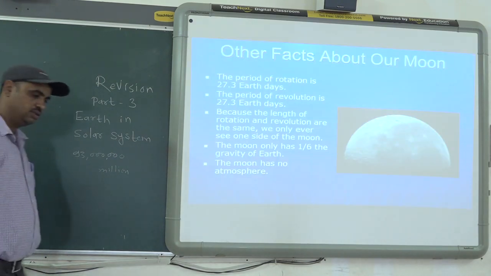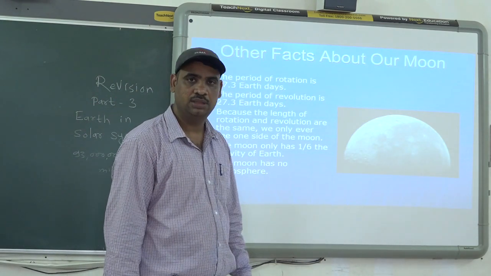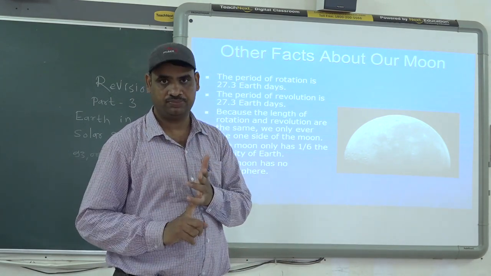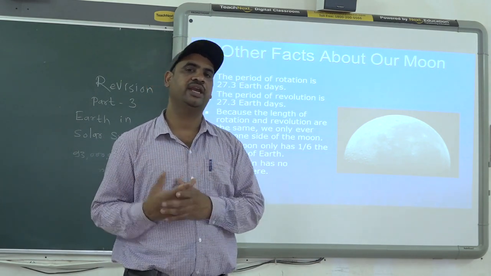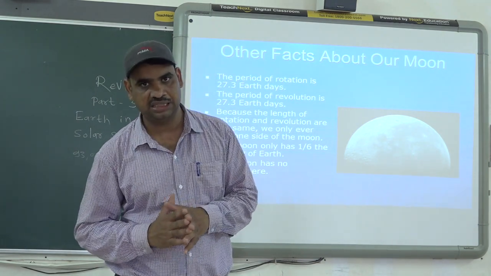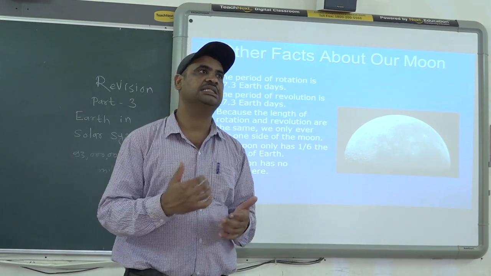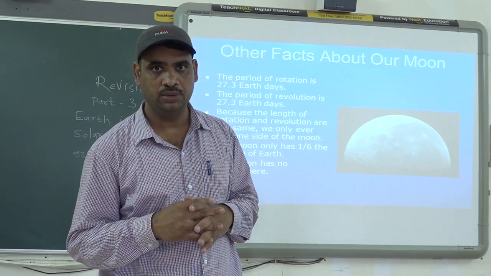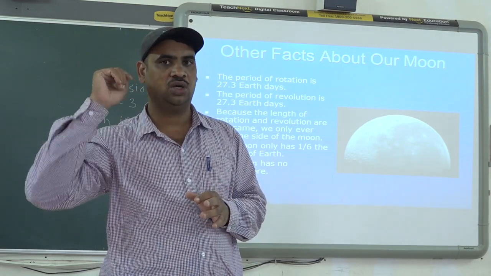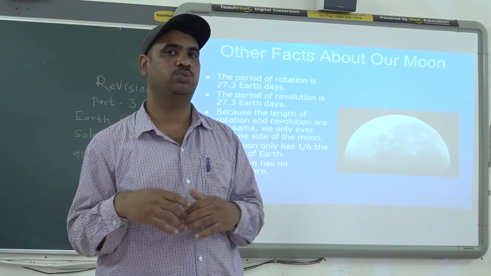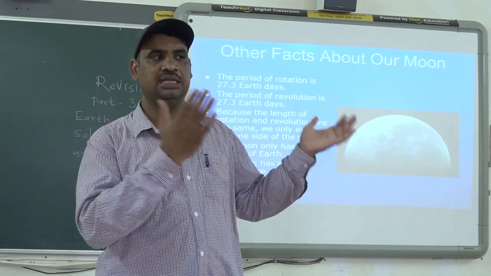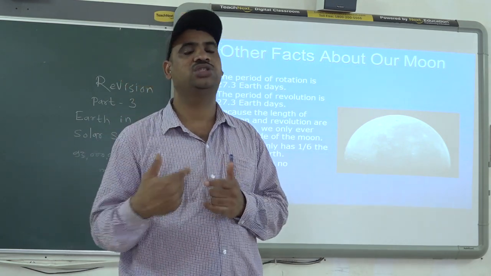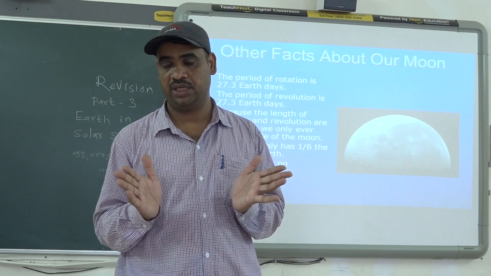So we have covered some points about the sun. The sun is at the center of the solar system, and whatever energy we are getting is only possible because of the sun. Then we discussed the moon and its importance. Once an asteroid fell on the Earth and broke into pieces, and one piece became the moon. The rotation and revolution time of the moon is the same, which you have to remember.